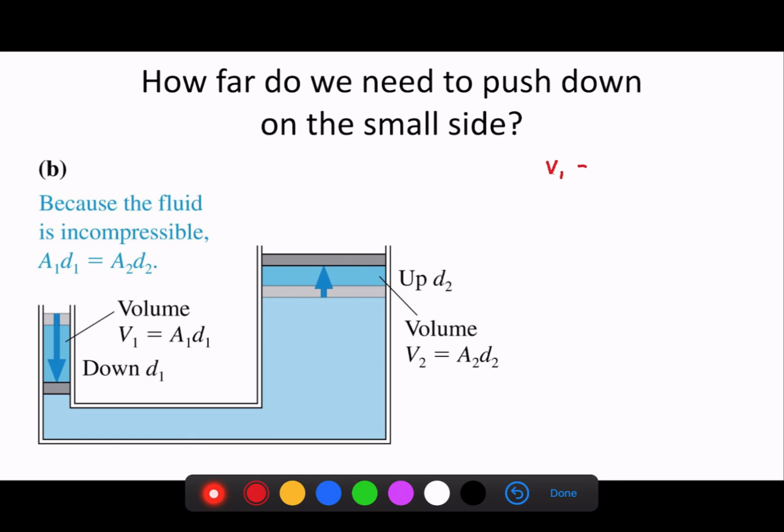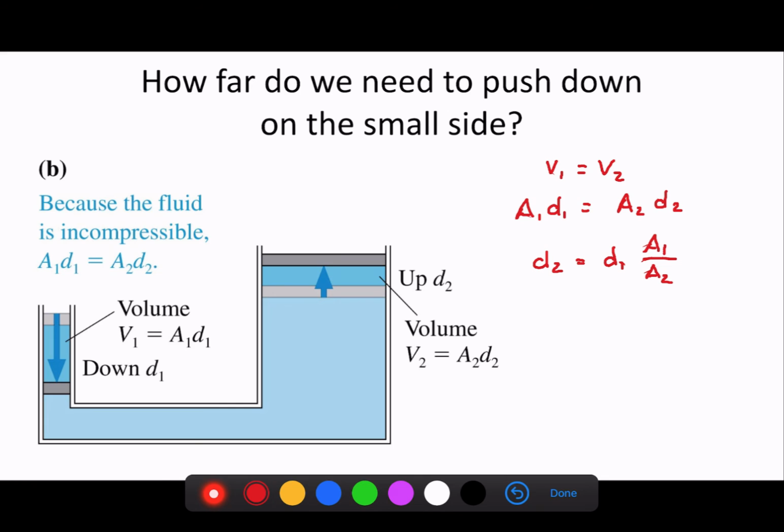Now, our volume 1 on the left-hand side is equal to the area 1 times the distance we push it down. On the right-hand side, the second piston is going to rise up. Again, that volume is area 2, the surface area of that piston, times the distance d2 that it rises up. These two volumes are equal, so we can do our algebra and determine that the car will rise